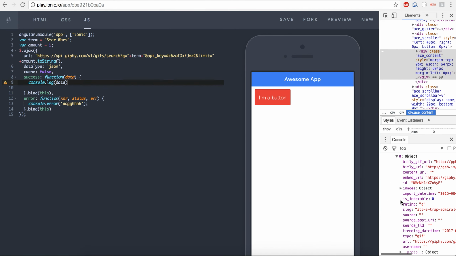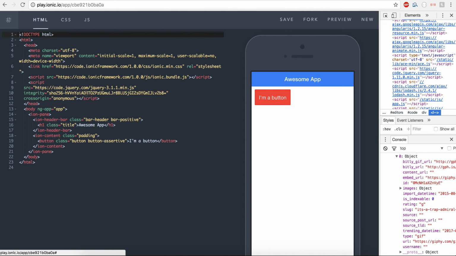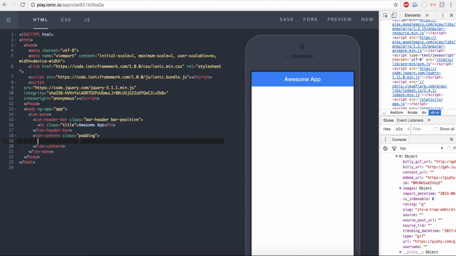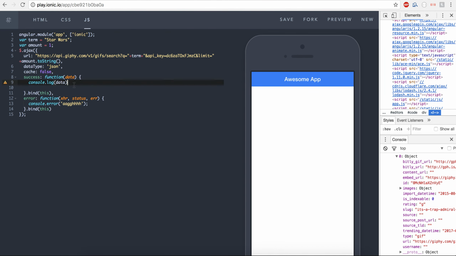So basically, that's what we're going to want to display on screen here. Okay, so go back to the HTML real quick. I'm just going to get rid of this button. Now we're going to want to keep this Ionic padding, and we're just going to say div, and inside the div, just an ID of, you could call this my content or something, but you're going to want to keep it consistent. So I'm just going to use my content, and then inside the JavaScript,